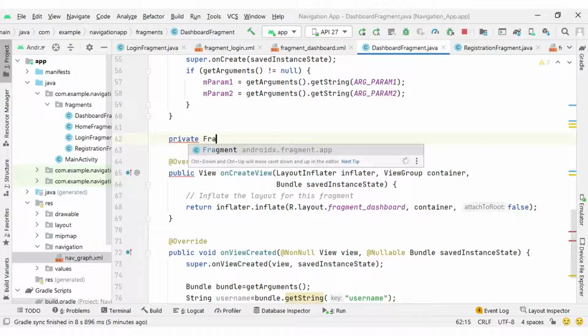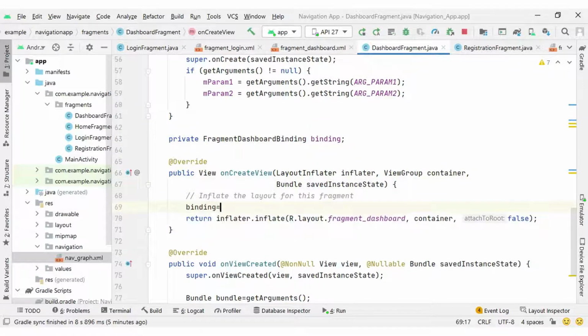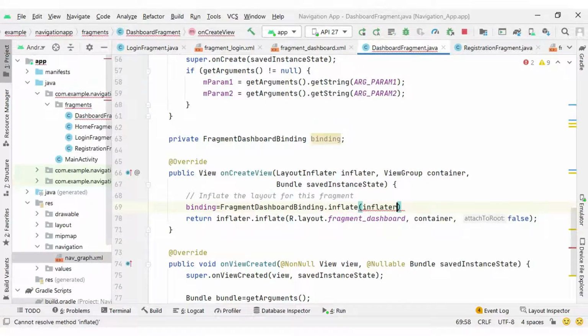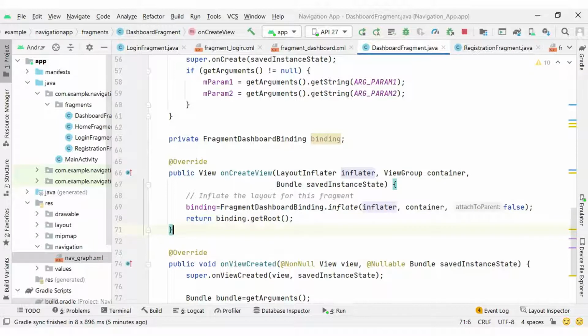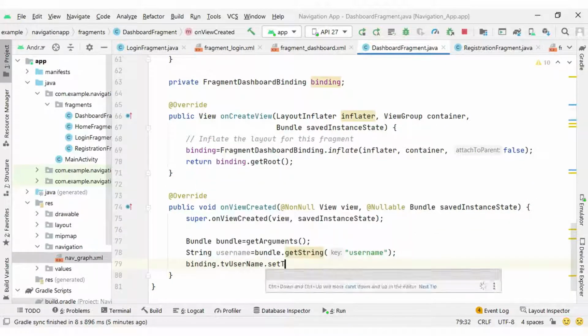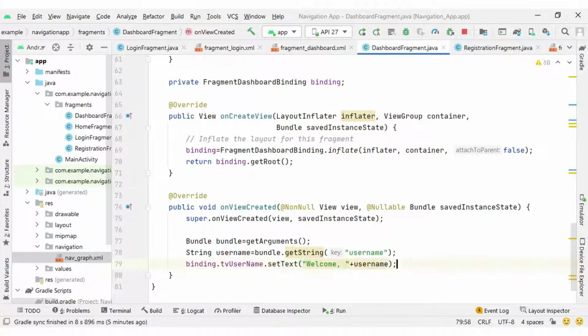So private FragmentDashboardBinding binding, inflater, container, false. Next, here you can see binding.tvUsername.setText("Welcome " + username).